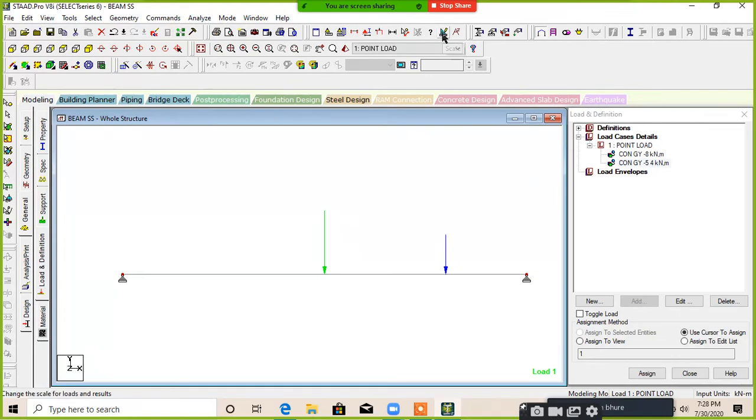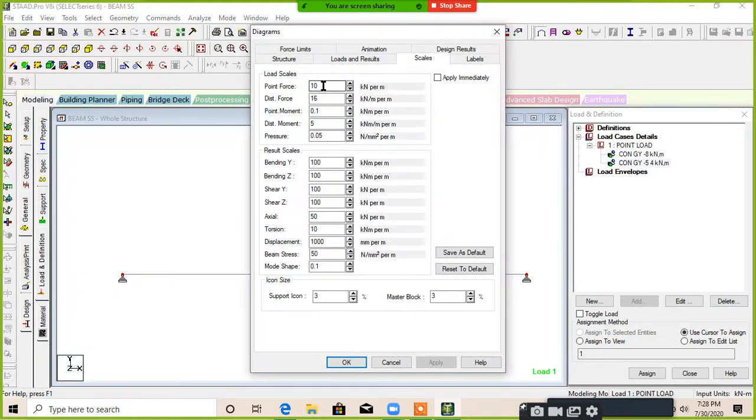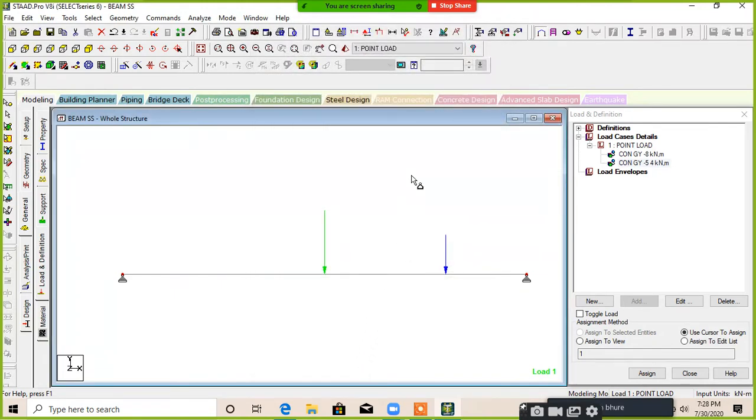What we did: go to scale, go to point force, provide a scale of 10 and then click on OK. To verify the intensity of the particular load, just press Shift plus V, V for van. When you press Shift plus V, the load intensity will appear on the screen.